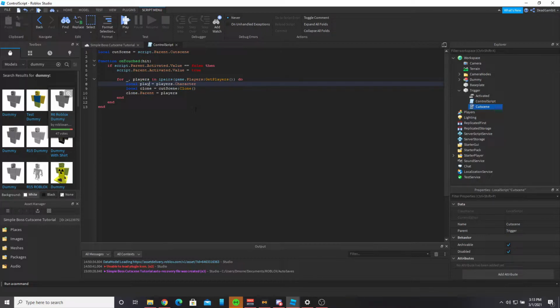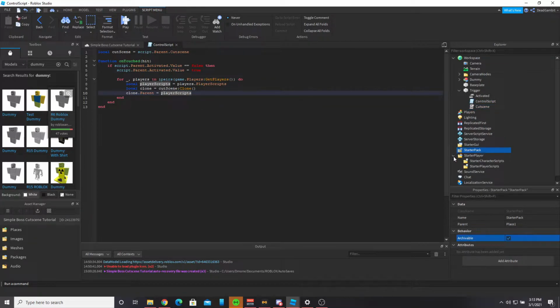So let's do local playerScripts equals player.PlayerScripts, and then clone.Parent will be sent to playerScripts. Now, if I am not mistaken, as soon as the player touches the brick, he and everyone in the server should receive that cutscene script inside